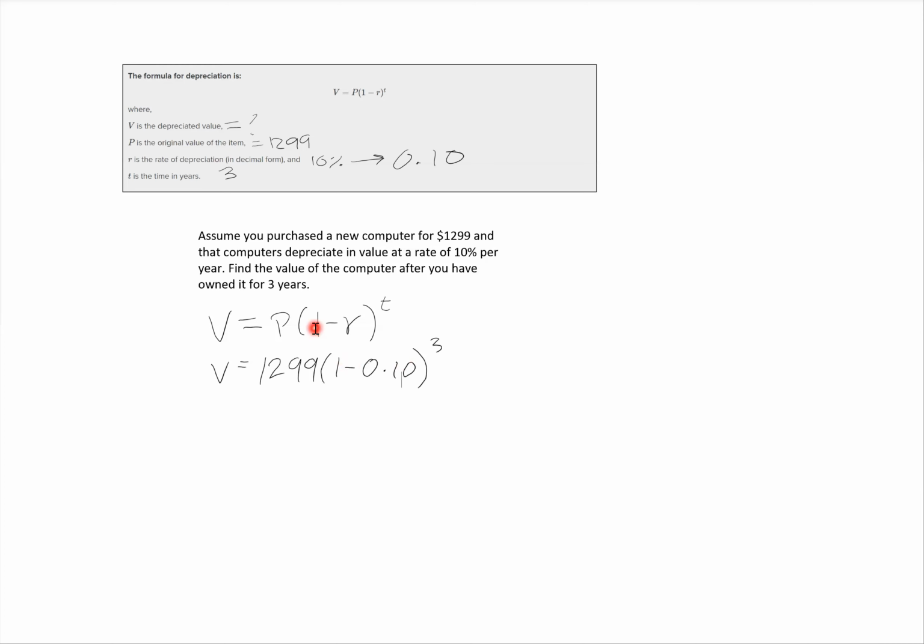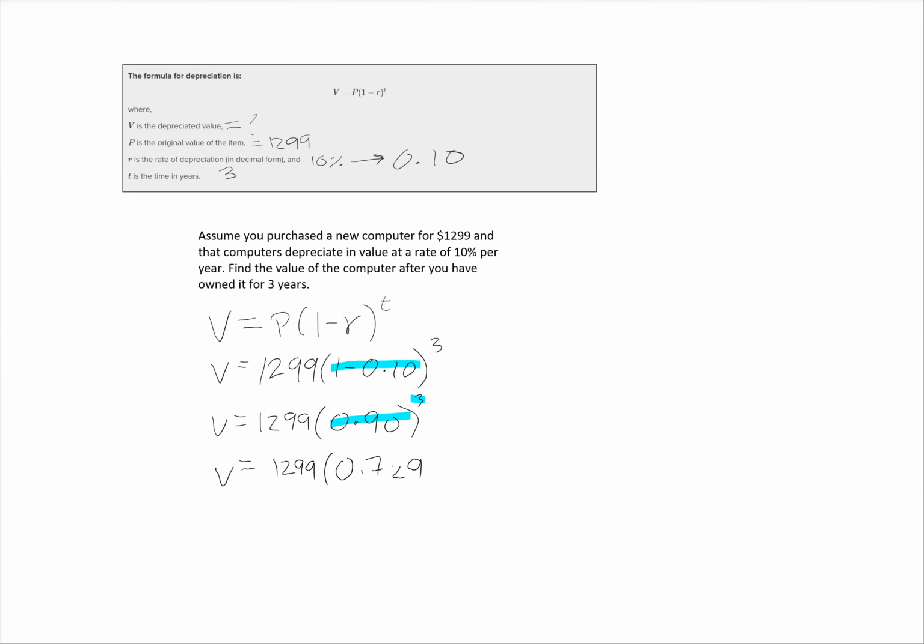Order of operations tells us we need to start inside of parentheses as our first step. So I'm going to do that very first. We're going to have V equals the $1,299 multiplied by 0.90 to the third power. Next thing we want to do, following order of operations, is we raise bases to the powers. We want to do our exponents as our next step. So in our calculator, we're going to type in the 0.9 raised to the third power, and that's going to give us the $1,299 multiplied by